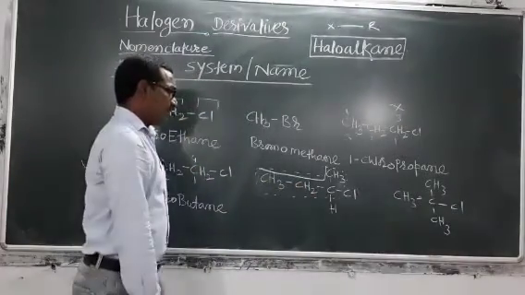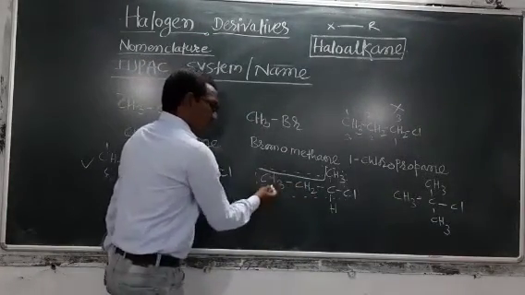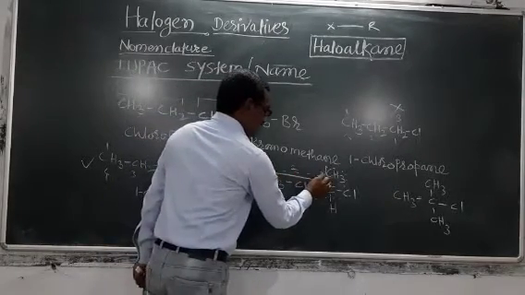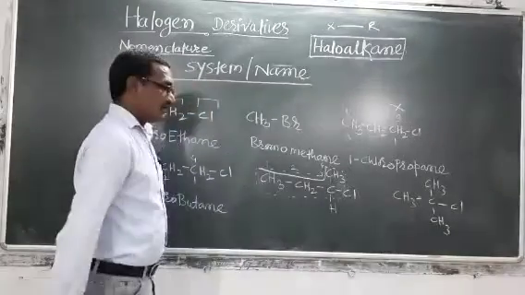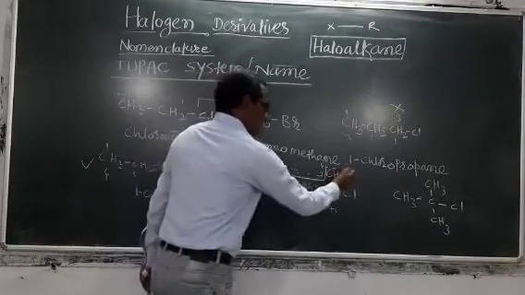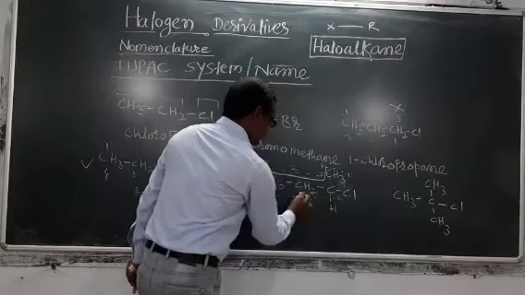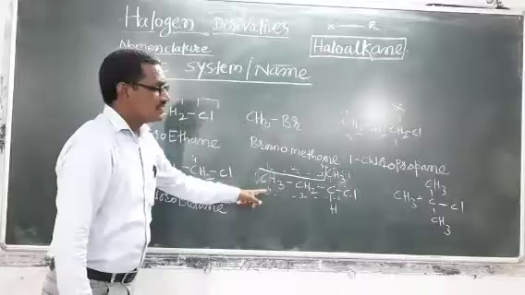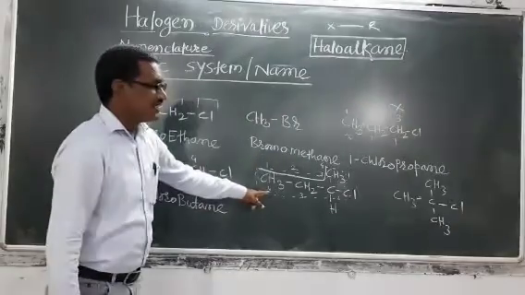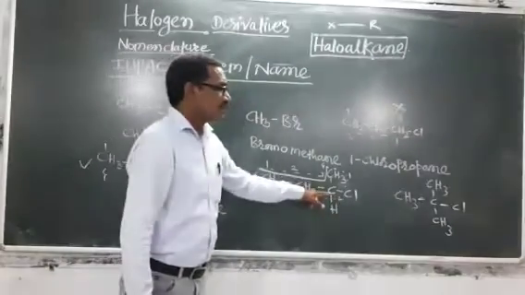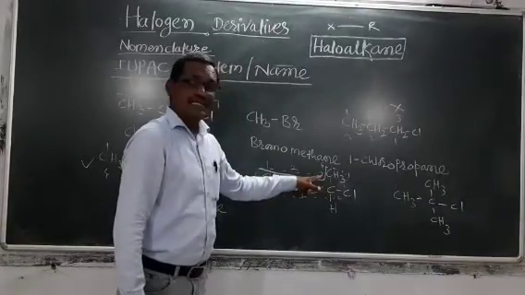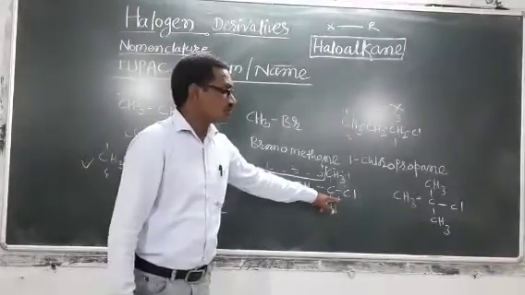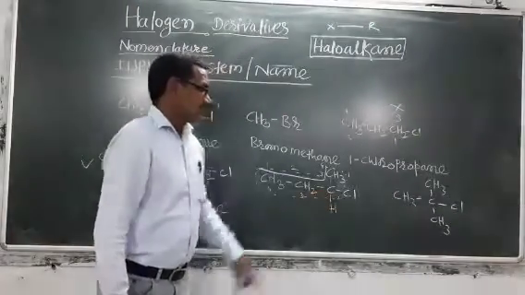Now we will give the numbering to this chain. First of all I will start from this end. It will be 1, 2, 3 and 4. And suppose I have started from this end, 1, 2, 3, 4. Which number is suitable for our example? The one below, which I have given here, is suitable because this carbon atom from above numbering contains 3 and from below numbering contains 2, means it is the lowest possible number, so this numbering is correct for this example.